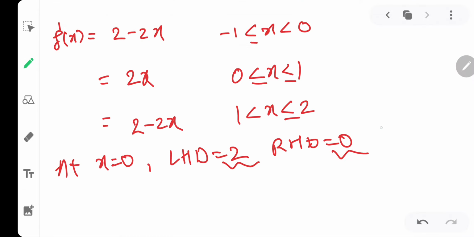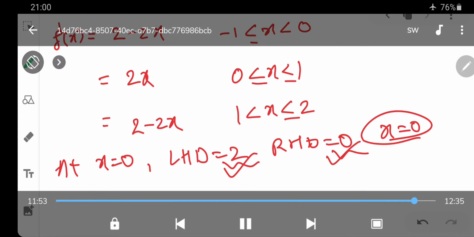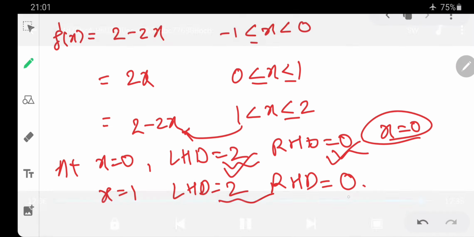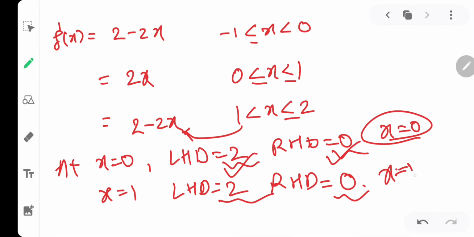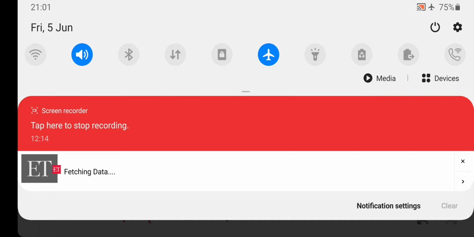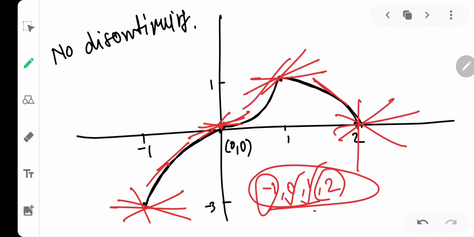Are they same? They are not same. It means at x equal to 0, this function is not differentiable because 2 and 0 are the LHD and RHD. Then at x equal to 1, what is the LHD? Just tell me. LHD is 2. And what is the RHD? RHD is 2 minus 2 into 1. You just put down the value of x as 1, which is 0. Again not same. It means at x equal to 1, the function is not differentiable. See, this much you have to do, then you get the answer. And even here also this much you have to do, and then you get the answer, right? So now you might have understood how we do this particular thing.